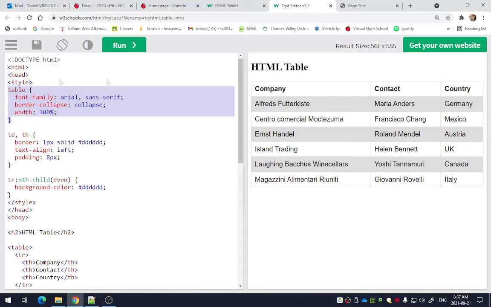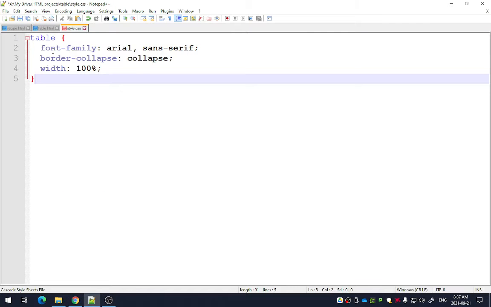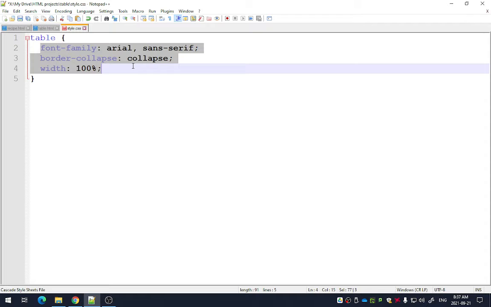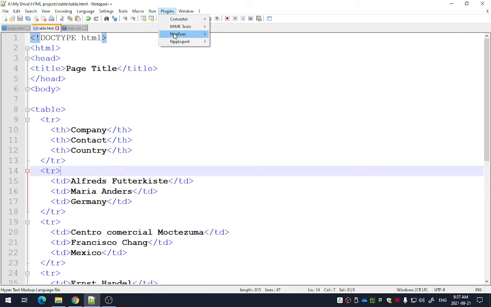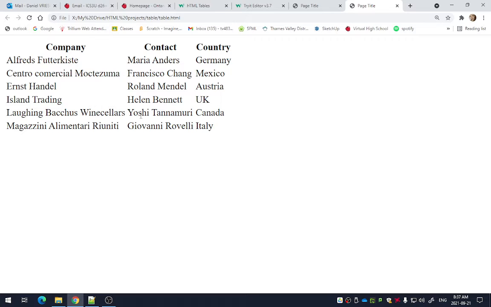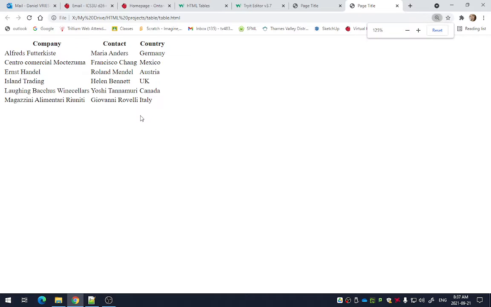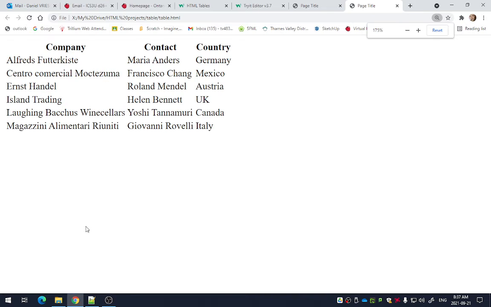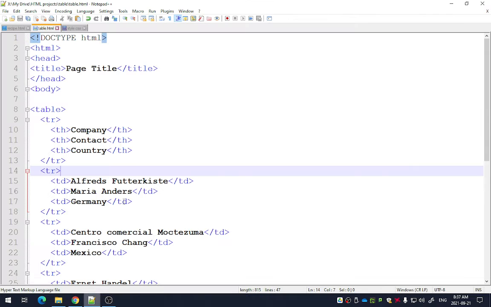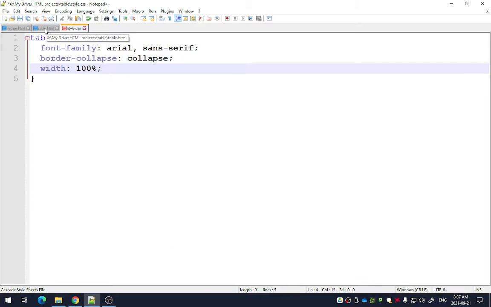So if I go copy here, for instance, let's say I want to borrow this one here. That CSS says, do all this stuff with the table. I don't really know what all this stuff means, but I want to do it. If I run my website, nothing will happen, even though I have made a style file. I still have my boring old website, zoomed in a little bit. The reason it's not doing anything is because my HTML file does not know about this style.css